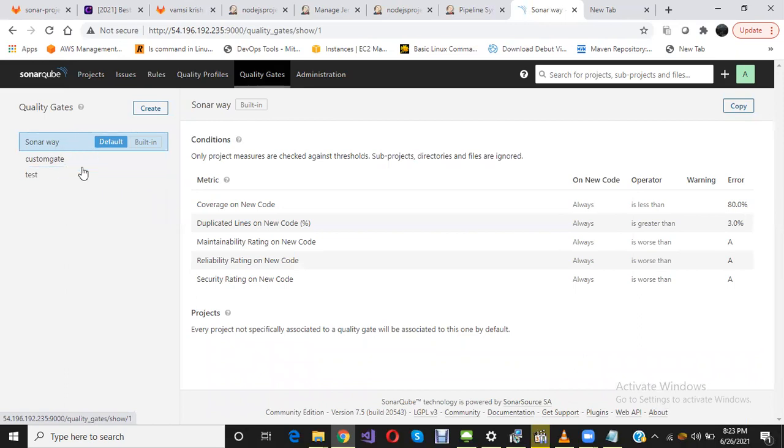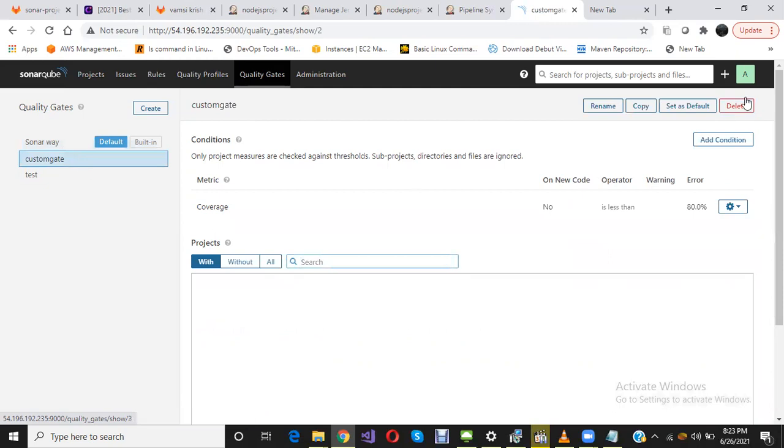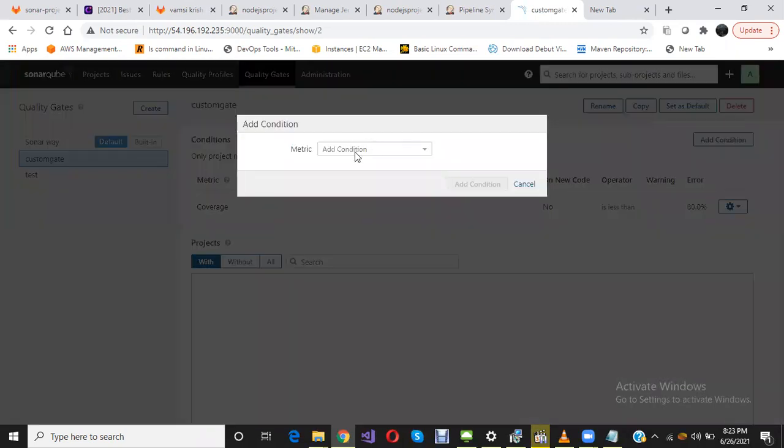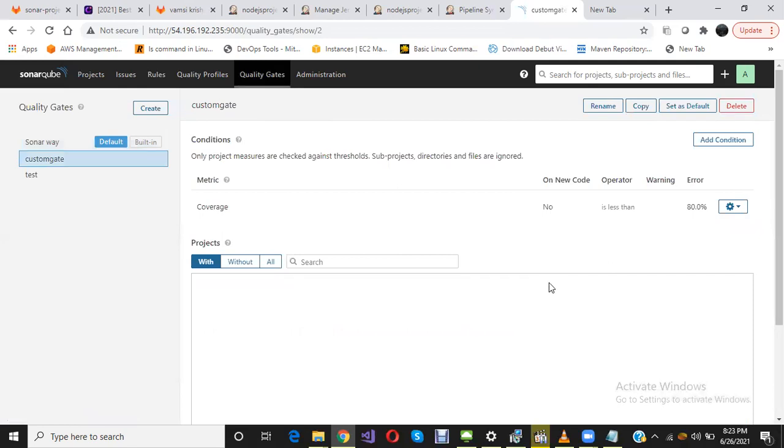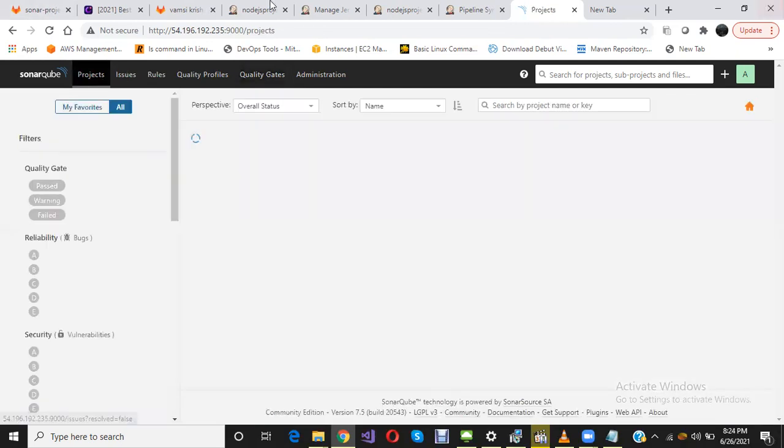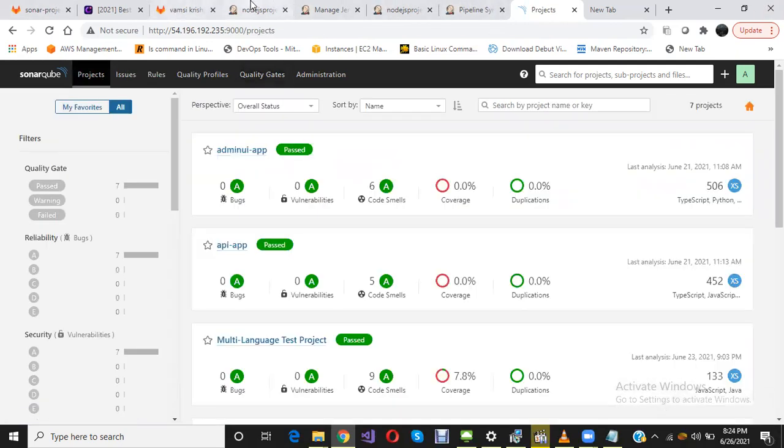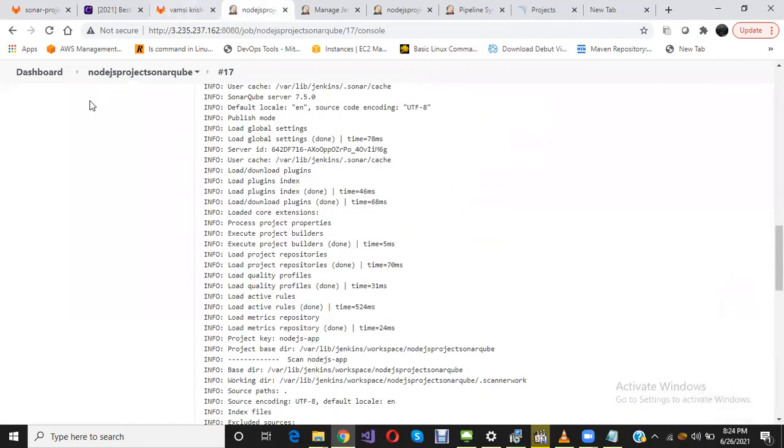If we go to custom gate, we can add whatever conditions you want for your project. So here, one thing we need to understand is for a specific project, we can assign a specific quality profile and a specific quality gate. And go to projects. So now I have generated a SonarQube report.